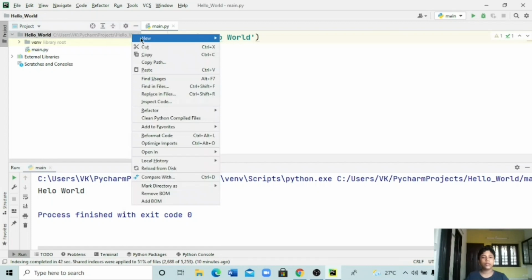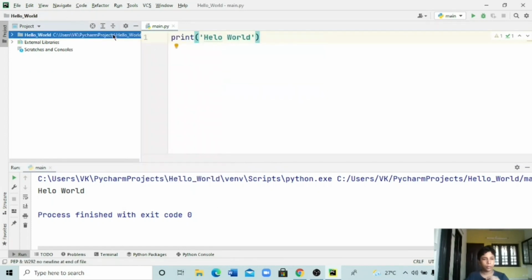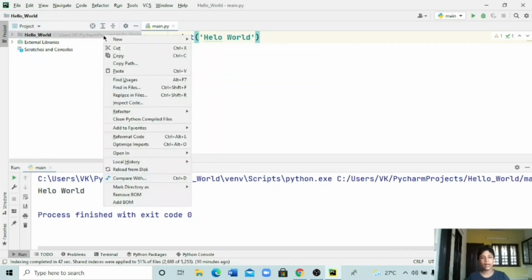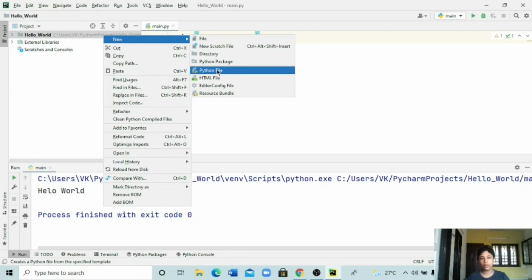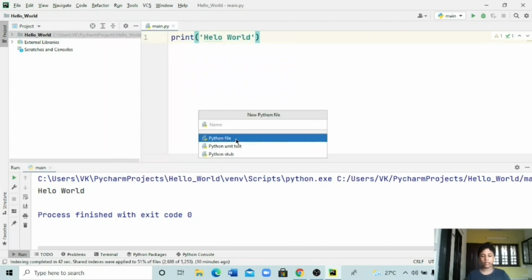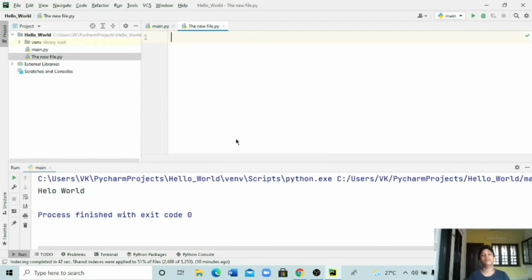And suppose you want to create a new file, then you can just go to your project name where you can see this, and you can right click on new and go to Python file, and here you can type the new file name. So there you go. So here you can just print welcome to my Python project. Okay,